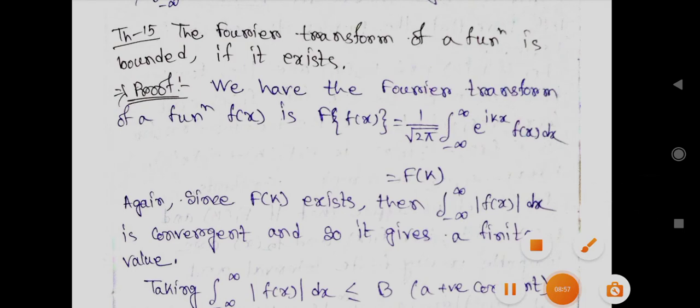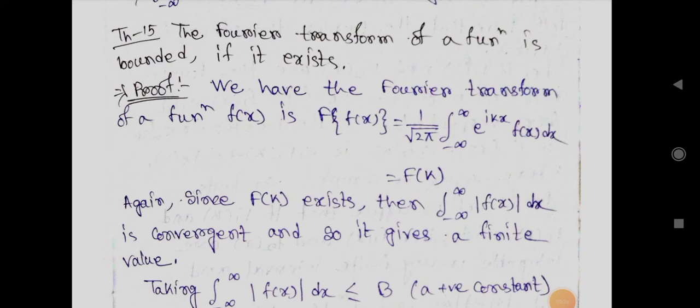Next, start a theorem. The Fourier transform of a function is bounded if it exists. Start the proof. We have the Fourier transform of a function f(x) is capital F of small f(x) equals 1 by root over 2 pi integration from minus infinity to infinity e to the power ikx f(x) dx